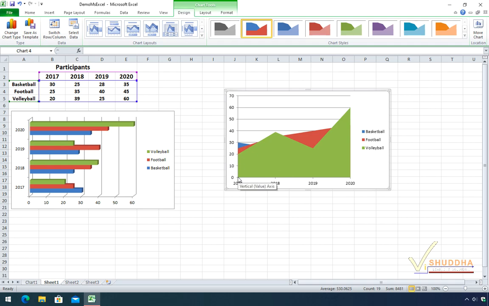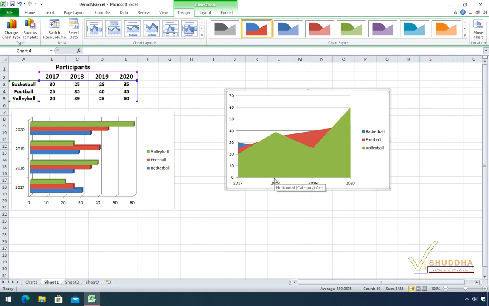As you can see, in the year 2017, volleyball is 20. So it is shaded up to 20. Then football is up to 25, so it goes somewhere between 20 and 30. Similarly, for basketball we have 30 participants, so it is shaded up to 30.